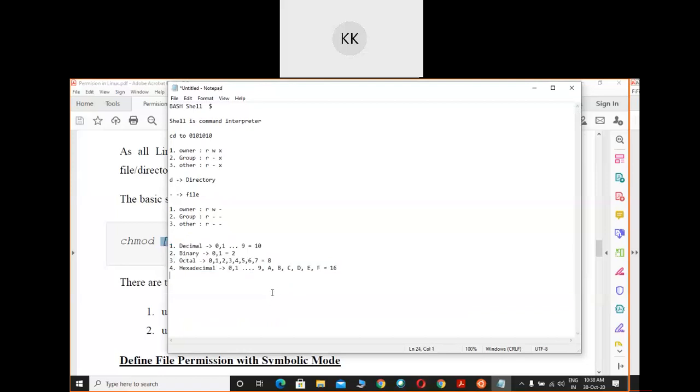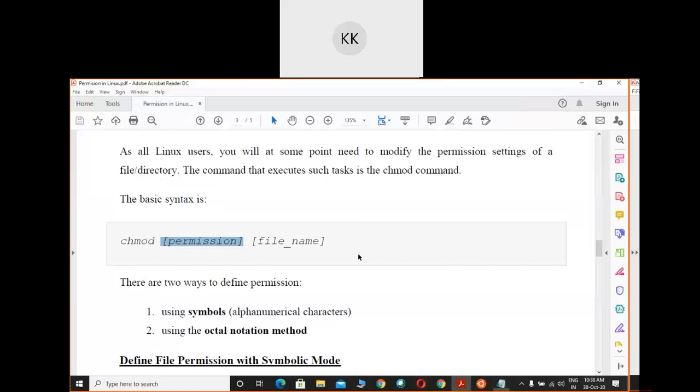So octal number is from 0 to 7. That means the permission to a file can be represented by any one number from this octal range from 0 to 7. How it's going to be used, I will show you, don't worry.